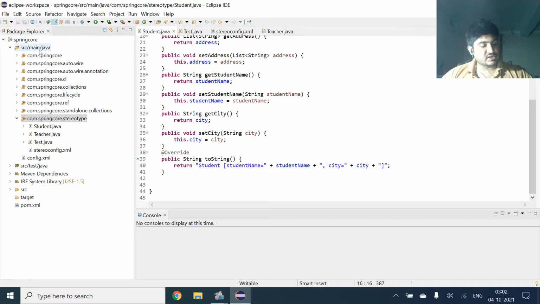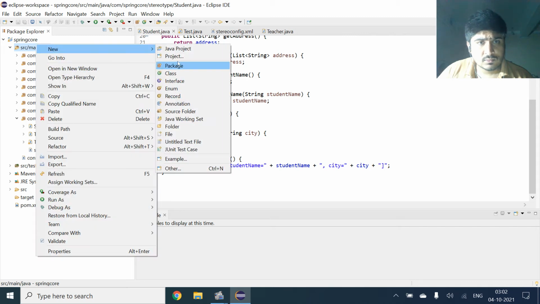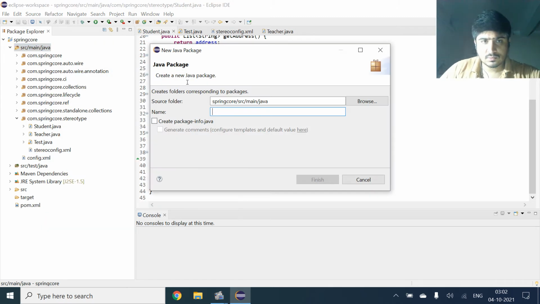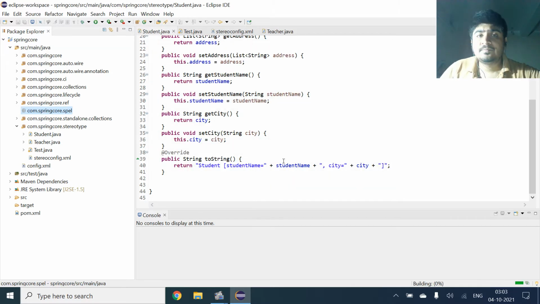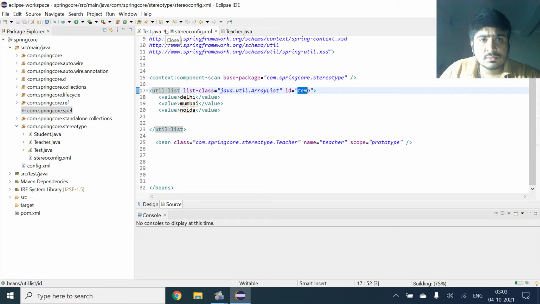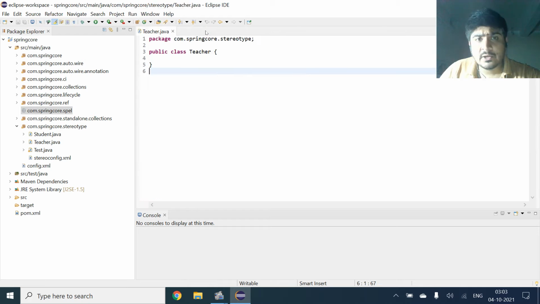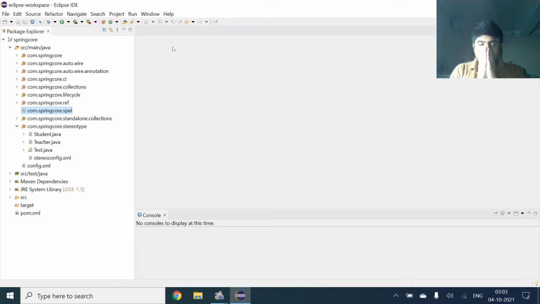I will create a new package. Now I have created the package com.springcore.spel. I will close these things so that we don't have any confusion. I will create two classes now.